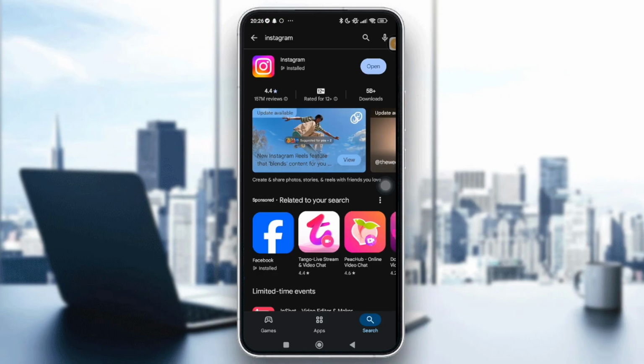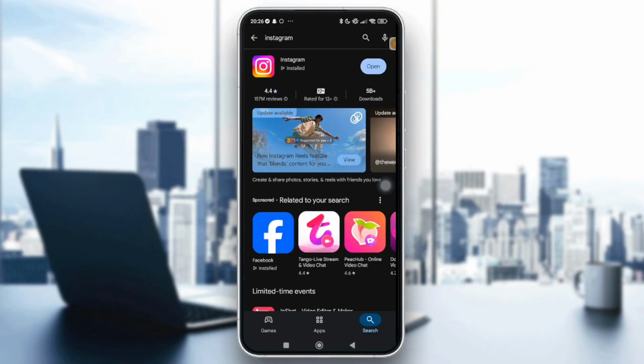Alright, if you found that there are updates, update your Instagram and open your Instagram app again, and if you see that it still happens, you just need to uninstall and install the